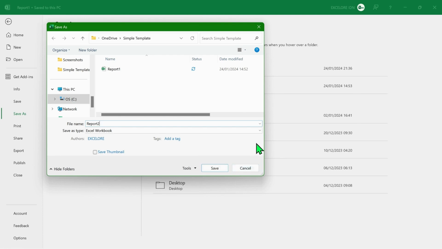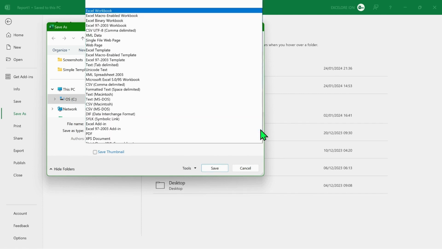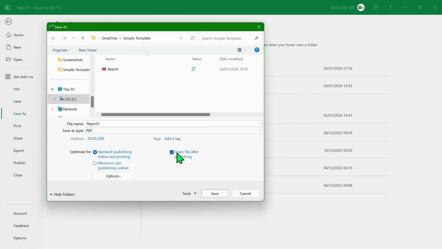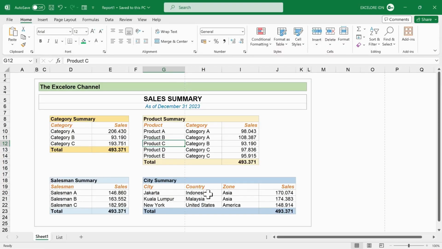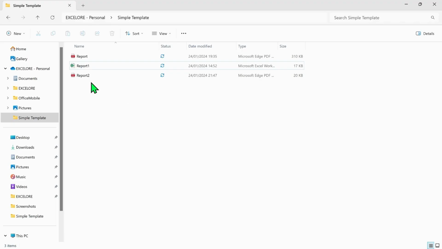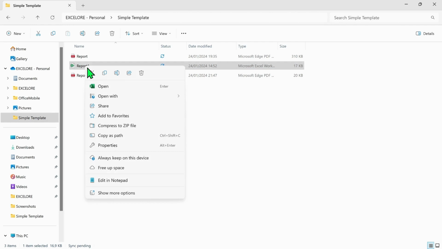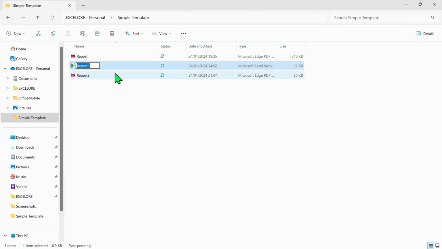If you prefer to save the file in PDF or another format, click Save As Type, then select PDF. Uncheck Open file after publishing. Press the Save button. The PDF file is now saved in the designated folder. To view the folder in File Explorer, let's first close this workbook. On the screen, we can see that we have saved 3 files: the original file, the PDF printed version, and the PDF save-as version. If required, we can modify these file names by right-clicking the file, selecting Rename, and typing in the new name. Now, let's open one of the PDF files.